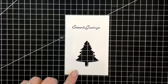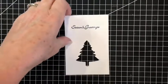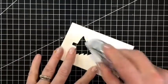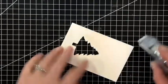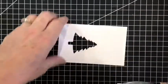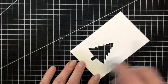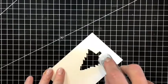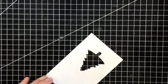Here is my Whisper White layer with the sentiment and the tree punched out. I'm going to be turning this over and using my Stamp and Seal Plus to run around the outside edges of the tree. We don't want those to be overhanging at all, and just to pop adhesive around all the areas of the whole cutout. Okay,